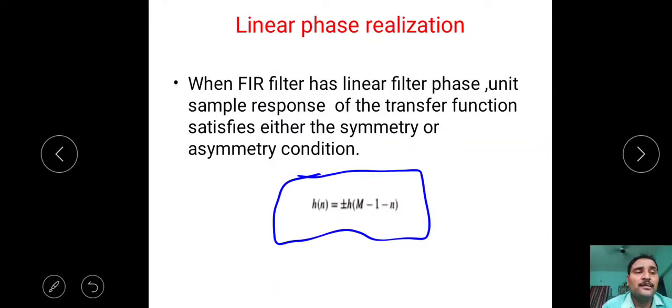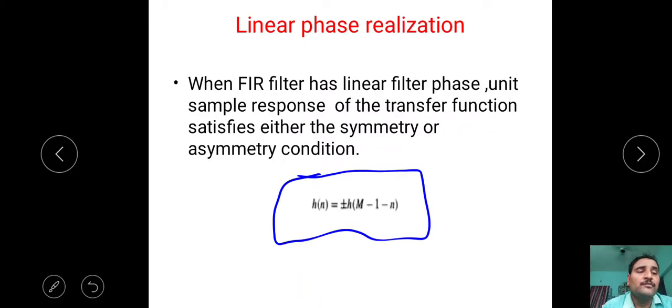That means here the impulse coefficients are equal. That means the x(n) multiplier coefficient h(0) is equal to that of x(n minus (M minus 1)). The x(n minus 1) coefficient h(1) is related to x(n minus 2) and so on. That means we have common multipliers. We have to take these common multipliers in a common way. Let's see how we can do that. So, to implement linear phase realization, a given system must obey this condition.